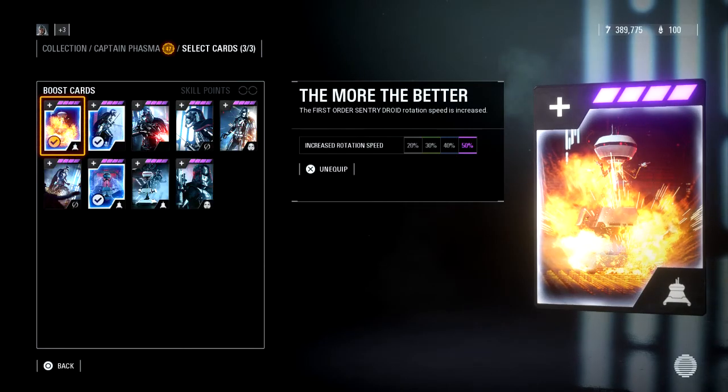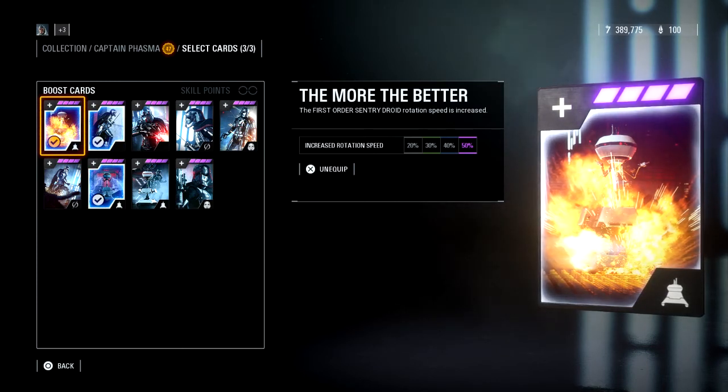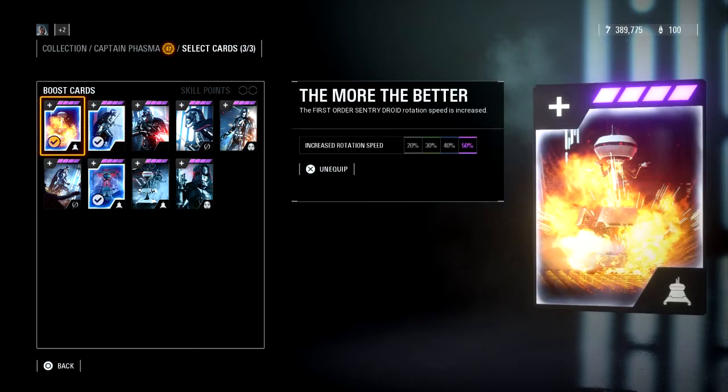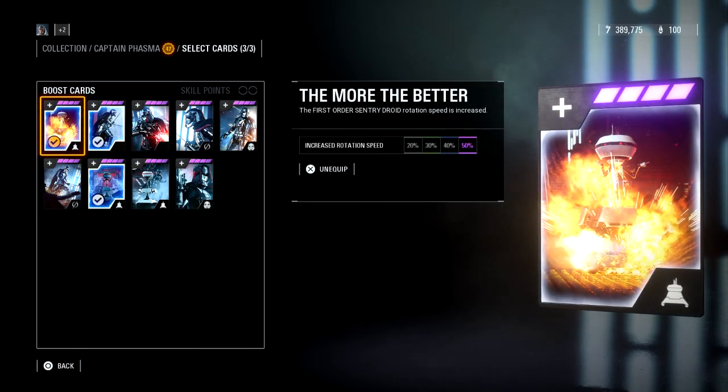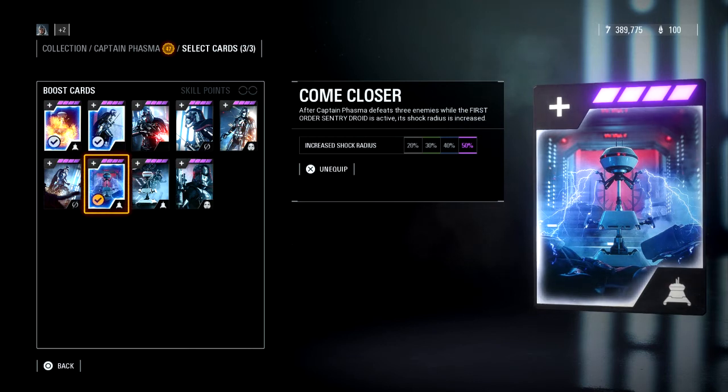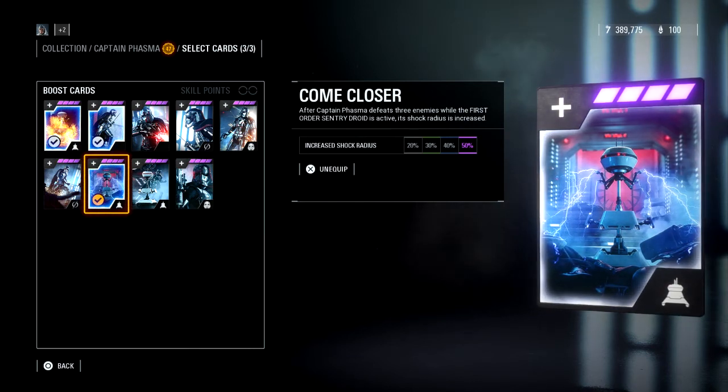So Phasma, she's one of those villains that I don't really change too much. Even on the game modes I swap between, you want to have her turret as your lifeline. Like, that's what you're going to go back to frequently. So the more the better. I keep that on at all times, because it's kind of like the officer's infantry turret, but it's a little bit better than that. And then you also want the increased shock radius, because once you defeat 3 enemies